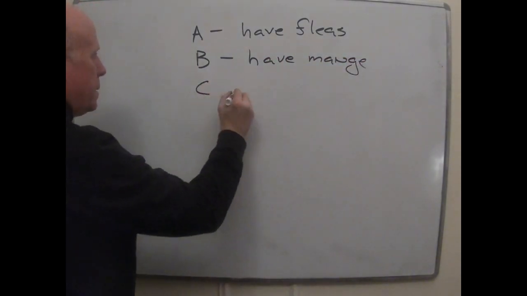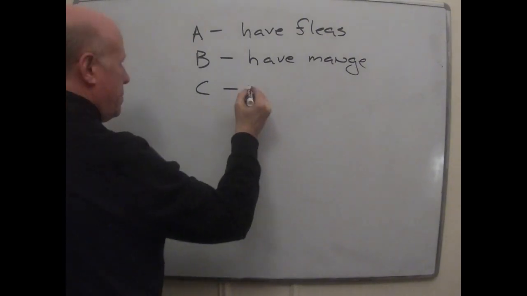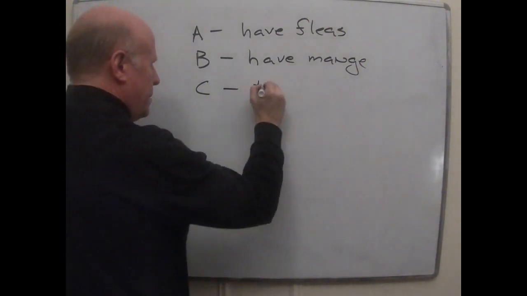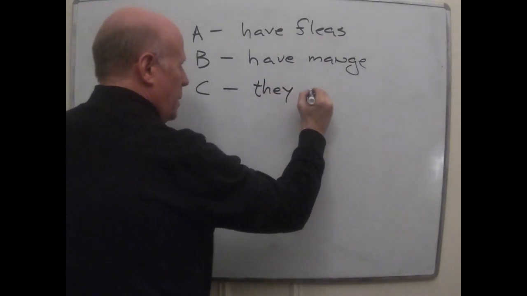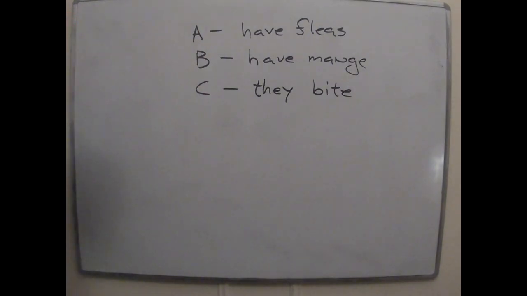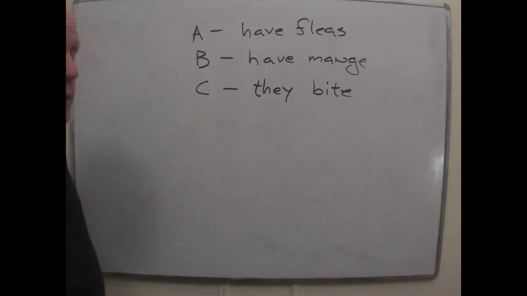And C is going to be the bite. They snap at people. Can't put up dogs for adoption if they are going to bite people's little kids. They can be trained to stop. Anyway,